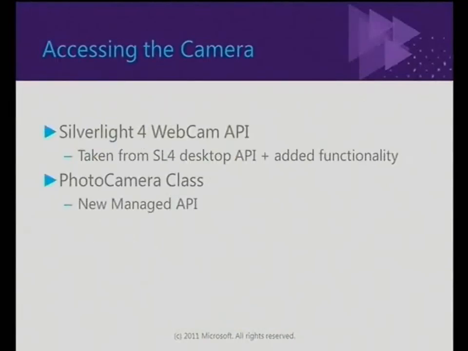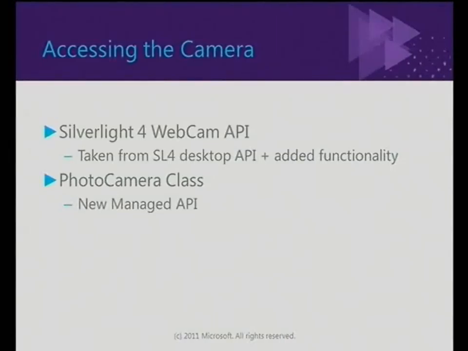One thing we didn't do in RTM, when we realized it was a big issue, we didn't give you raw access to the camera feed. So there go the AR demos by default, basically. Now in Mango, for any of the Silverlight developers out there, yep, it's still live, don't worry about it. The webcam API from Silverlight 4, exactly the same code, port it straight across to the phone. You don't have to modify it at all.